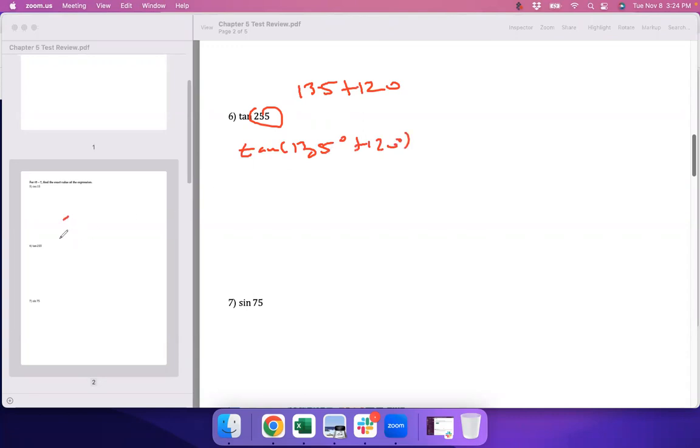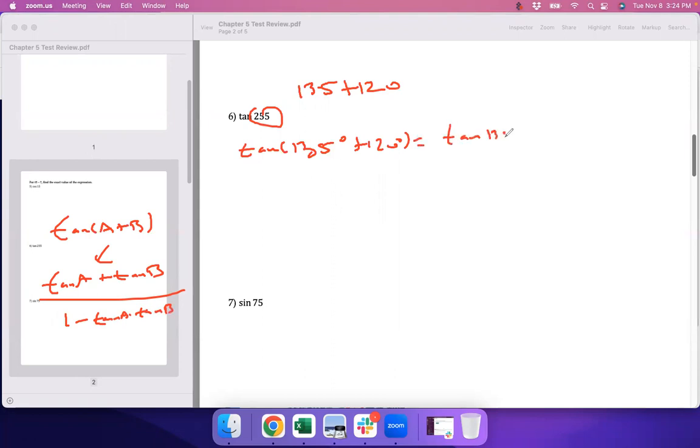Now, there's a rule that states that when you have tangent of A plus B, that's tangent of A plus tangent of B all over 1 minus tangent of A times tangent of B. So that's what we're doing here. Tangent of 135 plus tangent of 120 degrees over